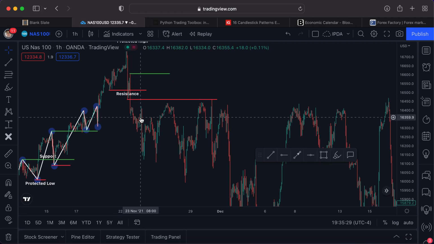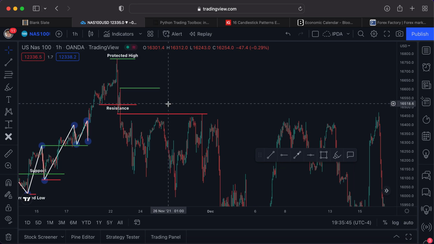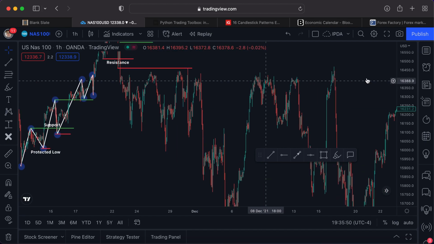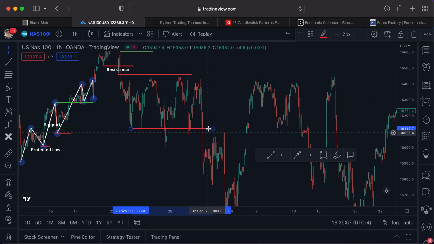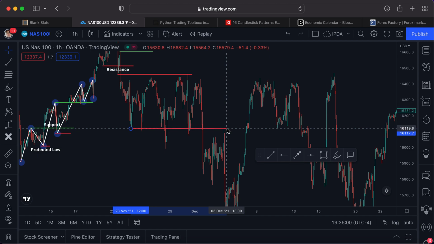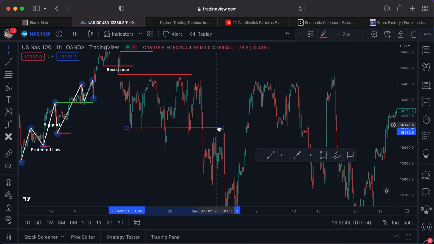And you can say, why didn't this protected high remain intact after the market moved lower, right? And there's an explanation for that, but it's too complicated to put into something that's just introductory into an overall concept. Because if you also look at it, this is a ranging market. The market is rebalancing, many people will say, and then it actually displaces, and you can see that the price action there played. So this is where the market bottomed out,